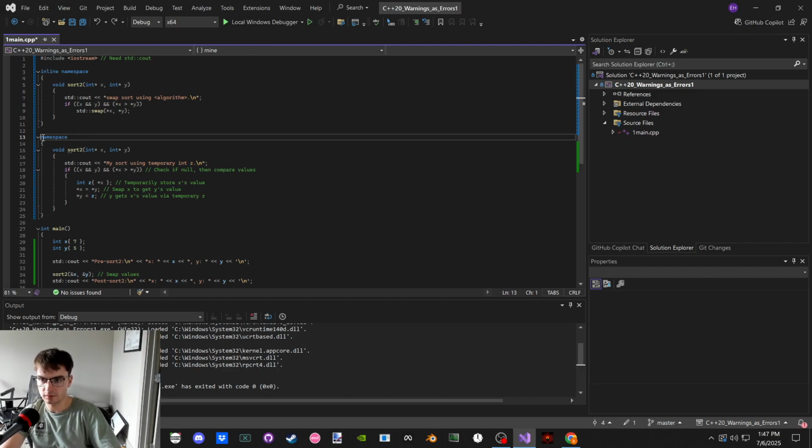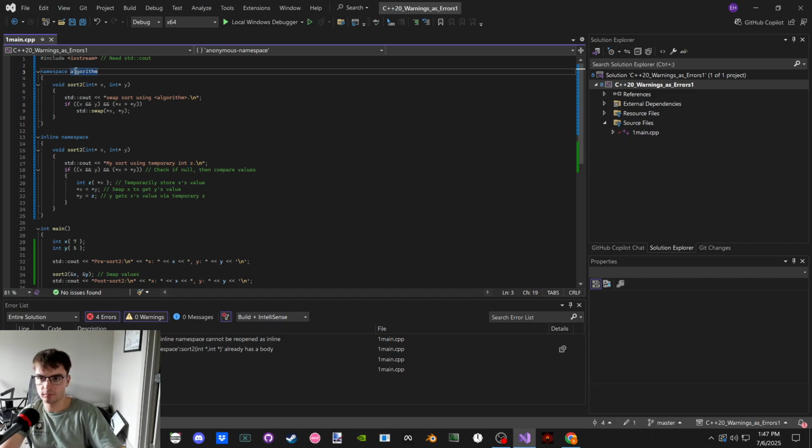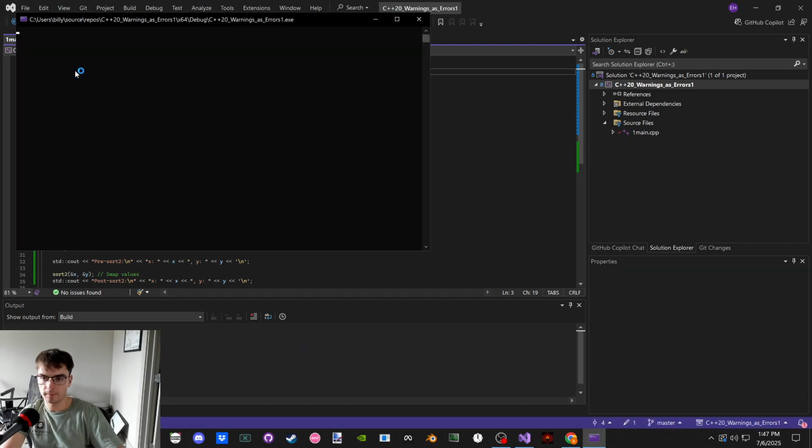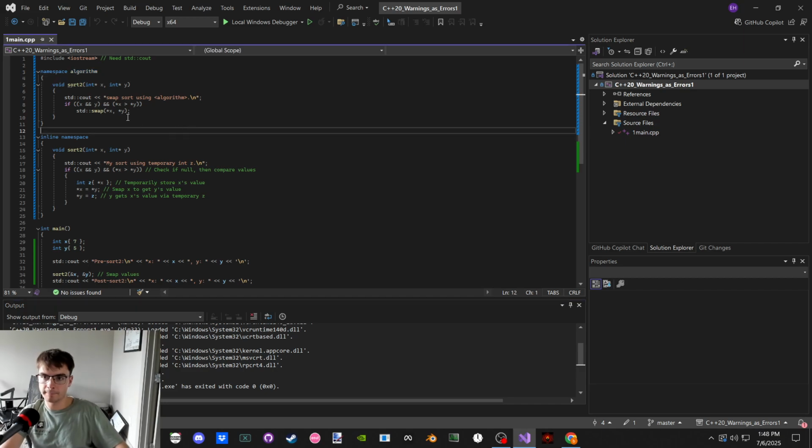Control backspace, inline, top, control delete. Oh, namespace. Okay, so we need to do control delete and end algorithm. And now using mine. Works either way.